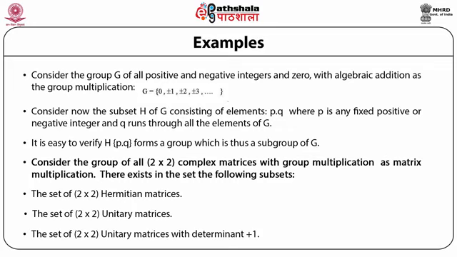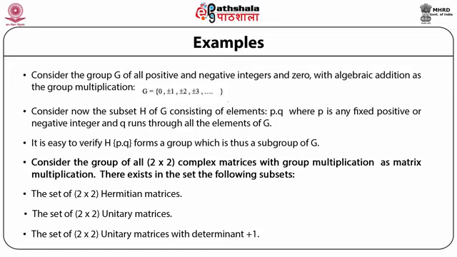On the other hand, the set B, which consists of 2 by 2 unitary matrices, forms a group by itself. Because for 2 by 2 unitary matrices, by the definition of a unitary matrix, U1 dagger U1 is equal to U2 dagger U2 is equal to U1 U1 dagger is equal to U2 U2 dagger is equal to the identity matrix.